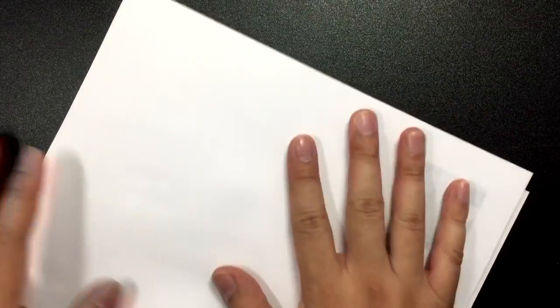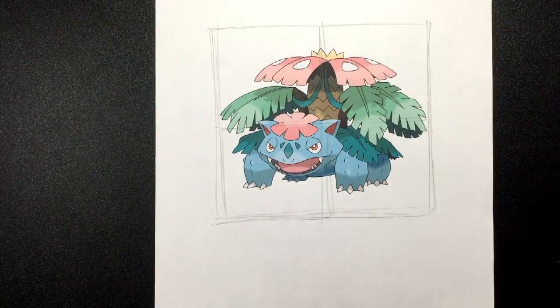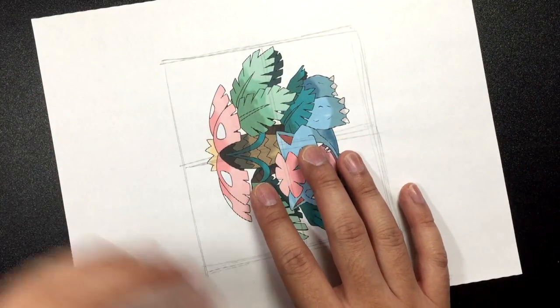If you guys are anything like me, you have tons of scrap paper lying around in your house. I happen to have a lot because I print out all the characters that I like to do tutorials on. So this origami claws is perfect for this. I recommend using the scrap paper that you have at home. And what you need is to take one of those and repeat the same process 10 times,